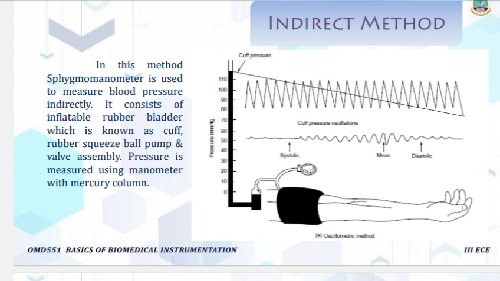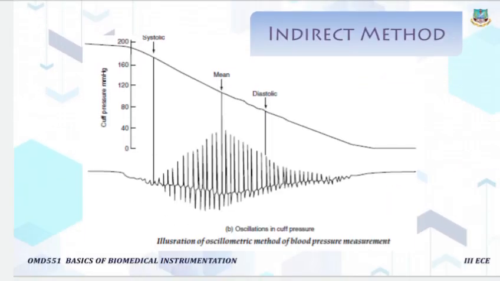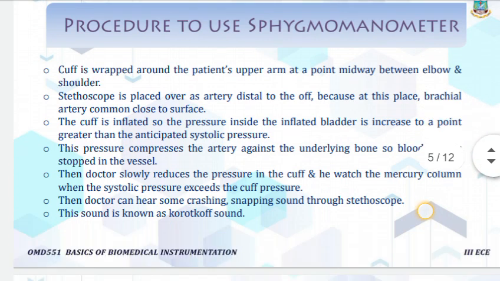So when the stethoscope is placed on the opposite part of the elbow, the doctor can identify some sound. At that time there will be some pressure measurement, and that pressure is called systolic pressure. Normally it is 120 mm Hg, and the pressure that is measured after the sound is released is called diastolic pressure. This is just the figure I told you. Next, the procedure, how to use this.